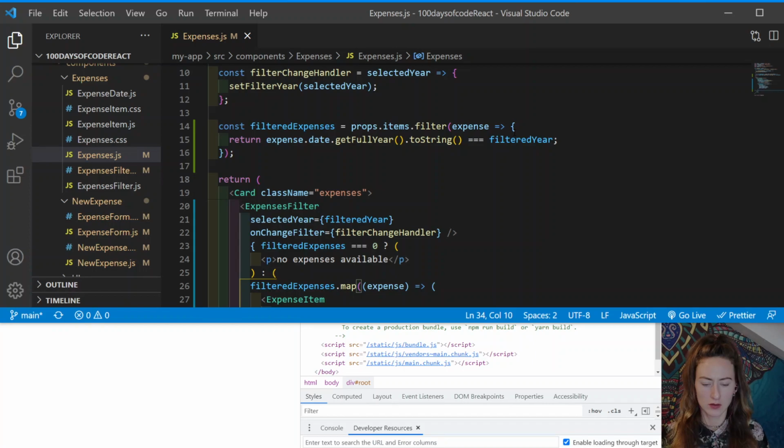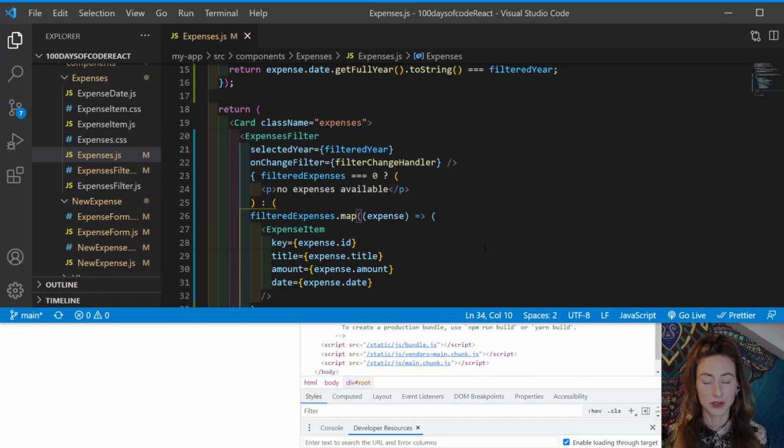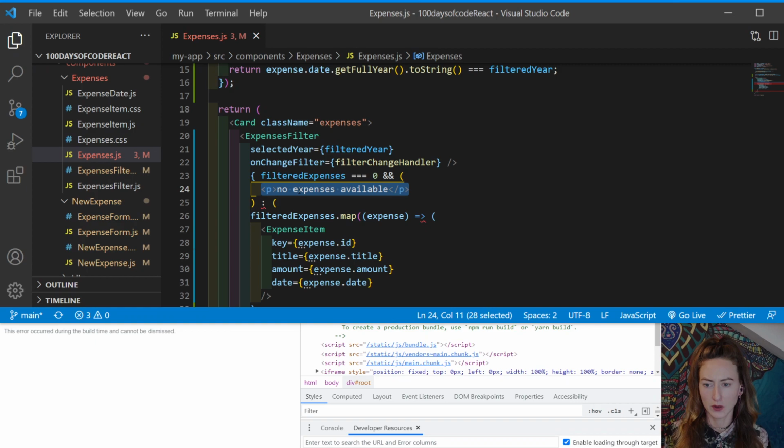Okay, so rather than using the ternary, he has done it through just ands and ors and comparison expressions. So here what we are doing instead is we have if the filtered expenses is definitely 0, then we want no expenses available. So just get rid of this and move this up here, you can just select it and drag it up. And then in the second case, what we want to do is if filtered expenses